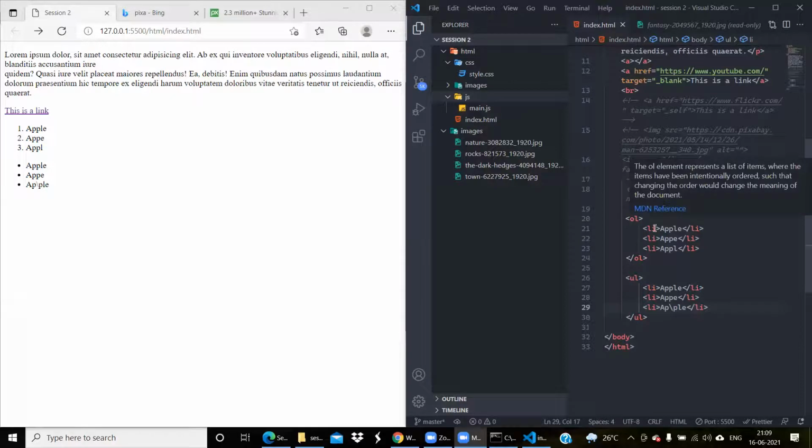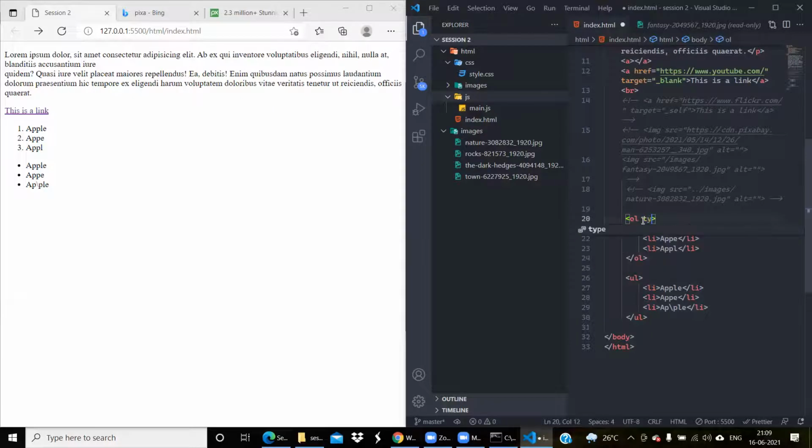So we have ordered lists and we have unordered lists. Now let's say I want to change the type. Suppose I want to have numbers, like type equals. Type is an attribute which allows me to change the list type. Earlier it was 1, 2, 3, right? Now I wanted to change it to alphabet, so I wrote small a. This will convert it into small ABC. If it was capital A, then it would have been this. If I want numbers again, numbers is the default, so it came out as 1. If I write it as I, you can see this came out as Roman numerals.